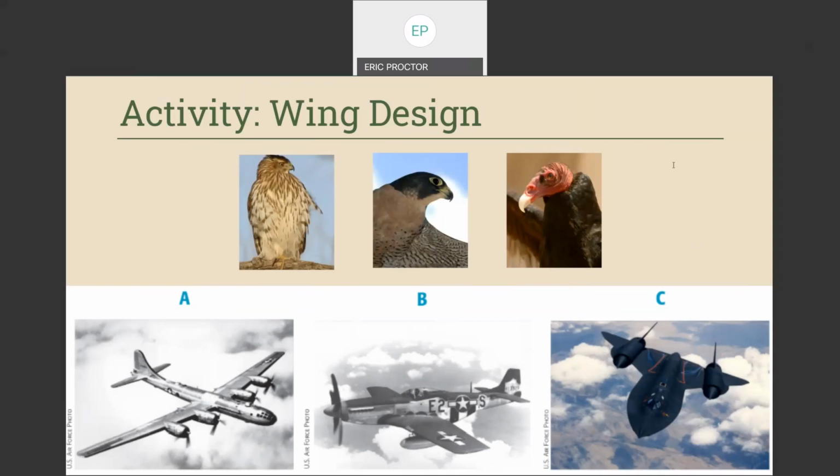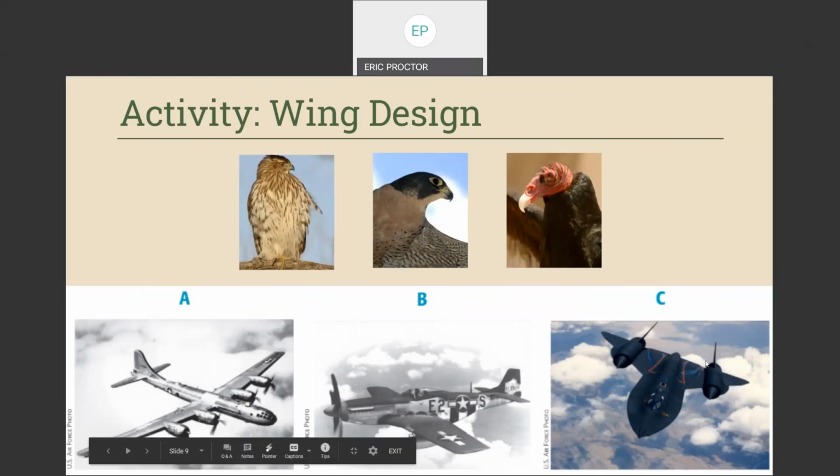And while you're putting in some answers, let me just tell you, for your students, obviously, you could give them information about the birds. They could research the birds a little bit, and then you would give them the aircraft, and their job is to match them up. And there are more aircraft you can use. We also, in this activity, include helicopters, and so they can compare that to hummingbirds and some other things.